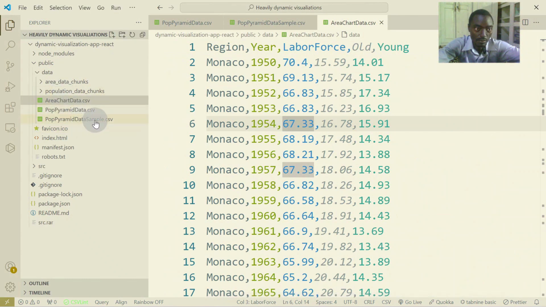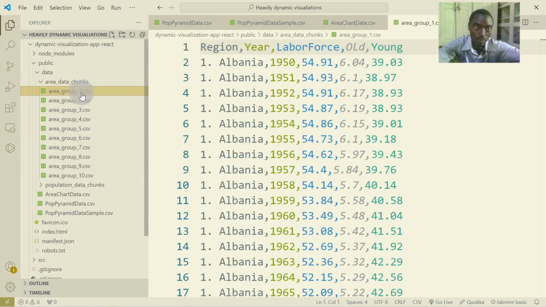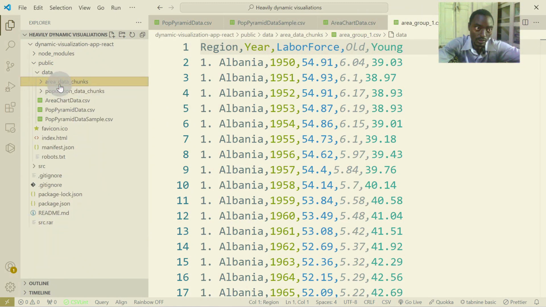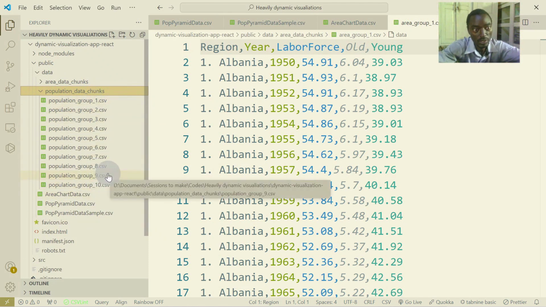So that is it about this data. But before I go to the project, you will notice that because these two data sets are bulky, they are about 60 MBs, I decided to chunk this data into 10 groups each. For example, here we have area group 1. This contains the first chunk of 20 countries. So the same for the population data chunks. It contains 10 chunks, and each chunk contains about 20 countries,